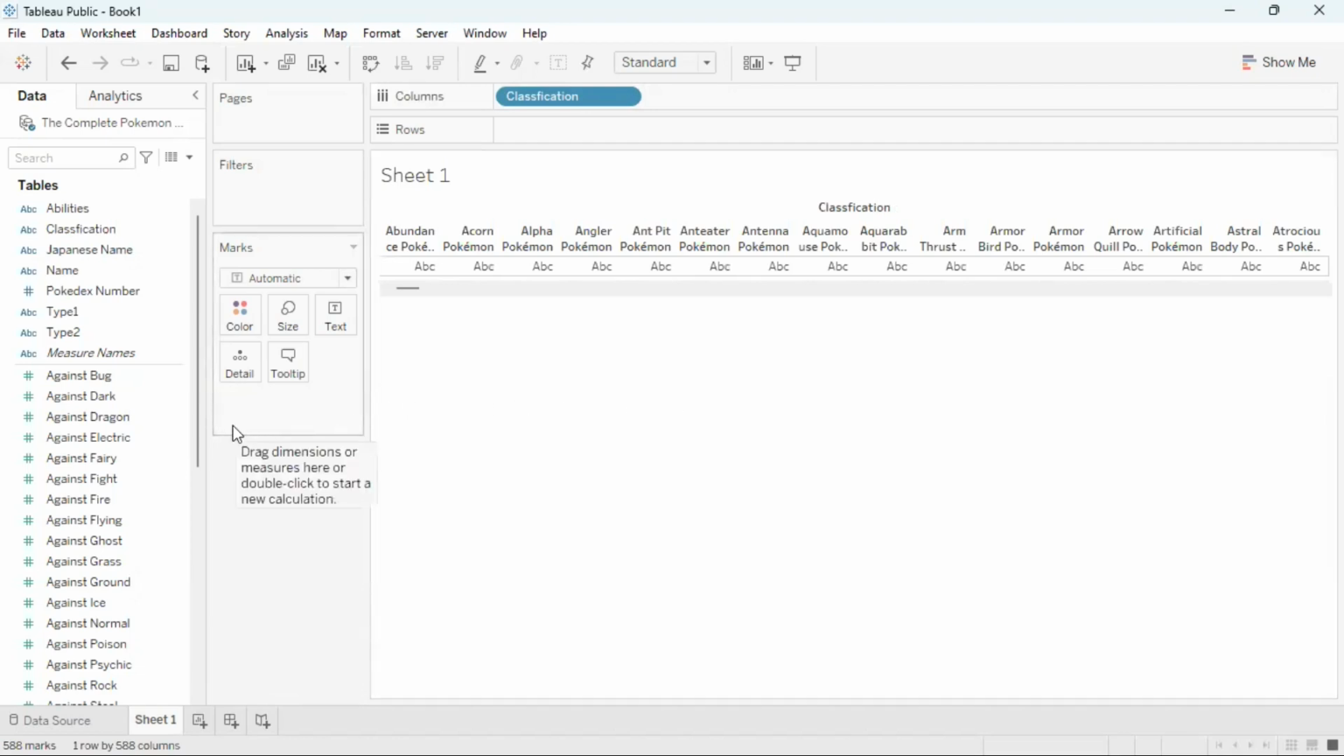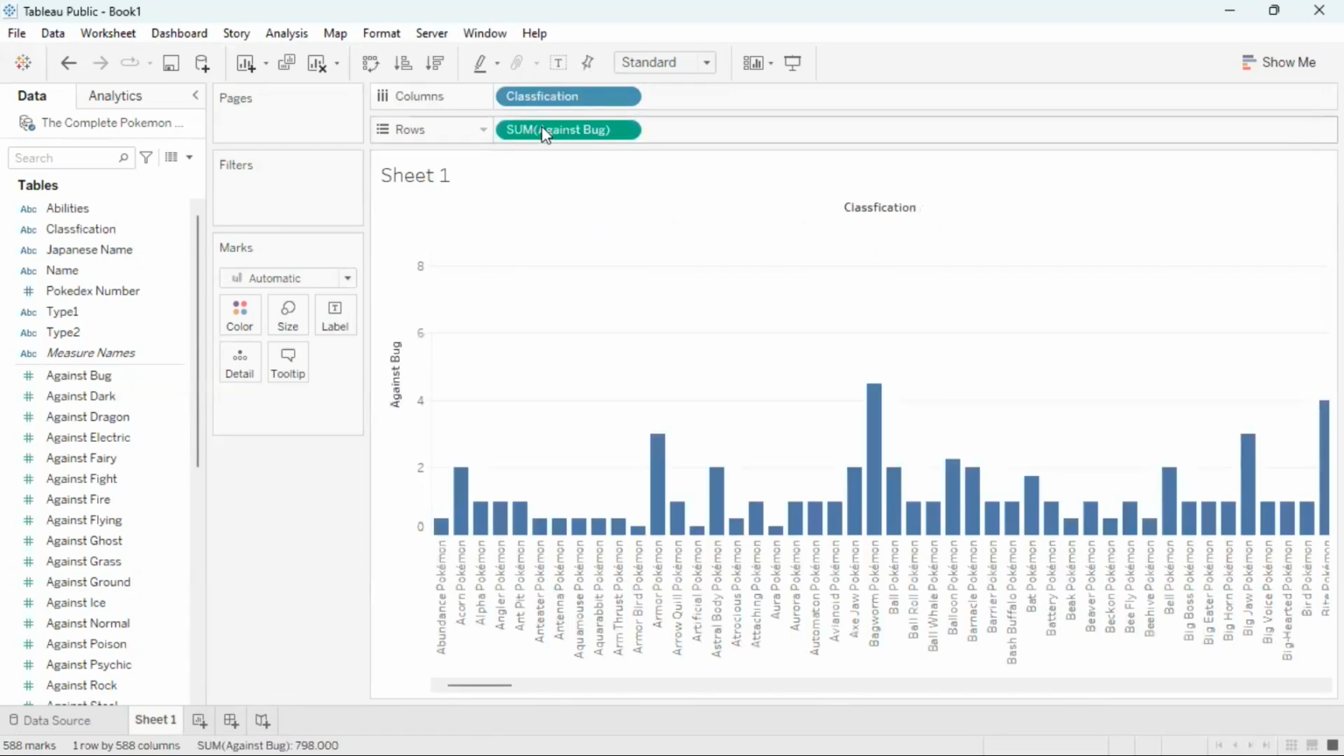So to create a stacked bar graph, we need at least one dimension and one measure field. And the measure field I'm going to use here is against bug. So I'm going to drag and drop against bug here to rows. And the aggregation I'll use is going to be sum. And this is now showing me for each classification, the measure for against bug across all the classifications summed together